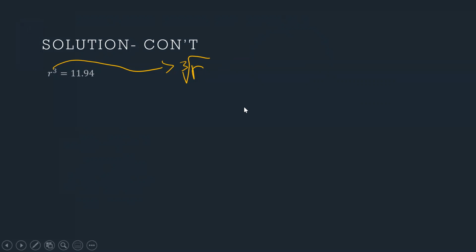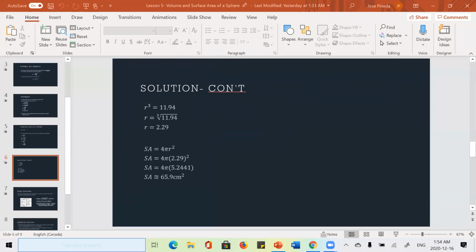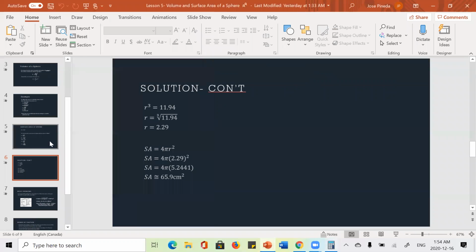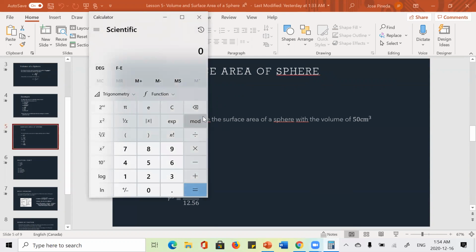So I'm actually going to show you how to do this calculation on a calculator here. Just want to make sure everyone's kind of aware of this. So what I'm going to do is take my answer, and I'm going to start from the very beginning so I get a really accurate answer. I'm going to take 150, I divide by 4, I divide by pi, which is,